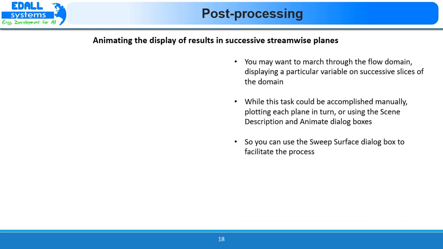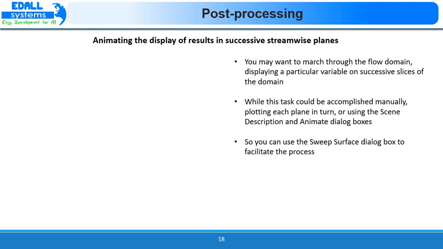The next option is animating the display of results in successive streamwise planes. So you may want to march through the flow domain displaying a particular variable on successive slices of the domain. While this task could be accomplished manually, plotting each plane in turn or using the scene description and animate dialog box, so as not to waste much time and do the hard work,